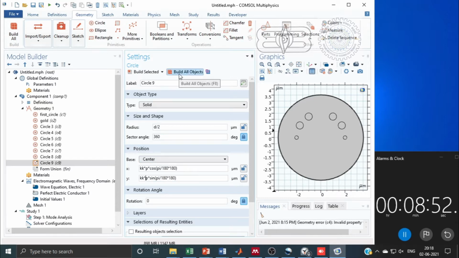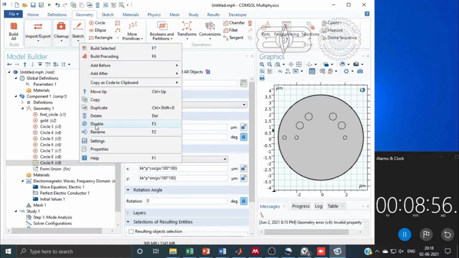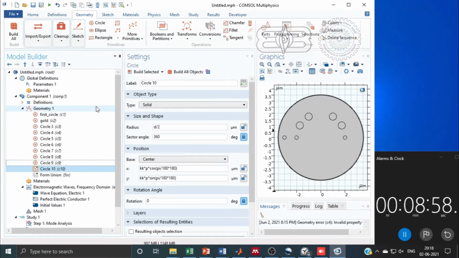Similarly, we will enter for the second ring, and here I have multiplied it with 1.5 because the kk value is 1.5.